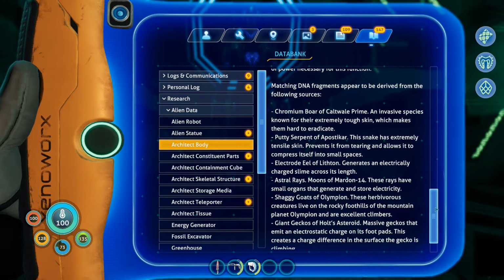This snake has extremely tensile skin that prevents it from tearing, and allows it to compress itself into small spaces. That's very interesting. Electrode eel of Lithton generates an electrically charged slime across its length. Lovely. Astral rays, moons of Mardon 14. These rays have small organs that generate and store electricity. So that's where he gets his power from. Shaggy ghosts of Olympion. These are